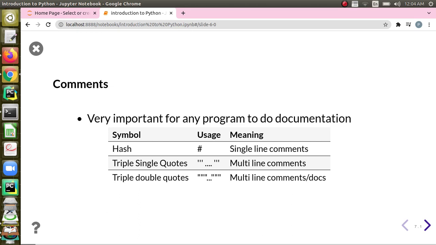The purpose of comments is to give some statements for the human, the programmer, or another human who is going to see the program, and we tell the compiler or the interpreter not to process them. In all languages we have single line comments as well as multi-line comments. In Python, single line comments use hash, and for multi-line comments you can use either triple single quotes or triple double quotes.